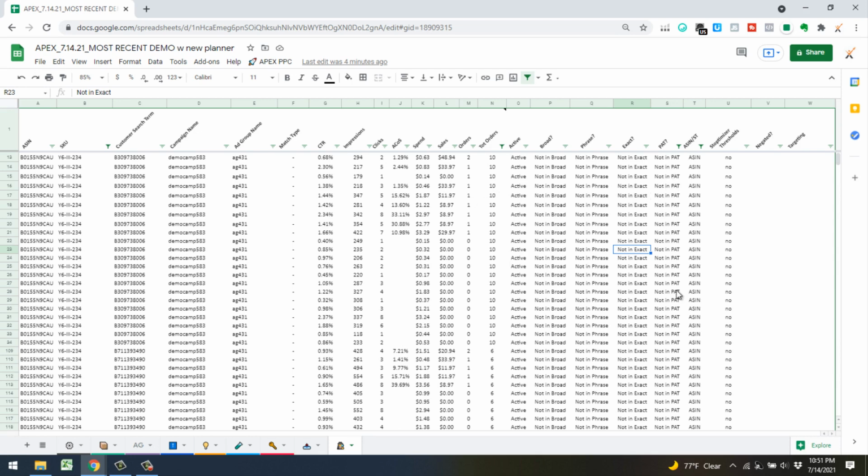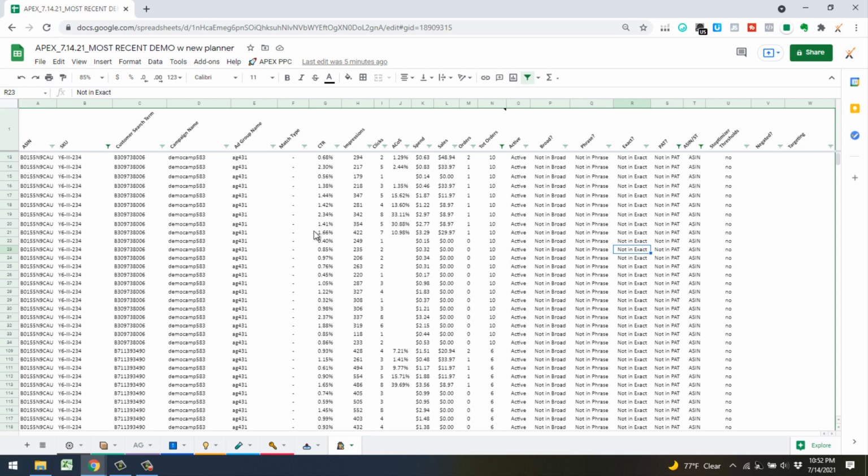But if they're not already currently in an ASIN targeting campaign, it's going to give us that filter as well. You see the Stoptimizer threshold filter, that was another helpful one that we already talked about. The negated column here, that's going to come into play if we're talking about search term